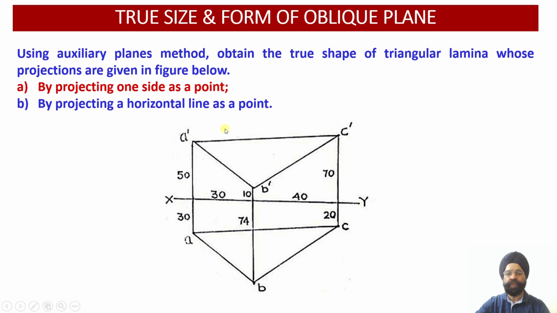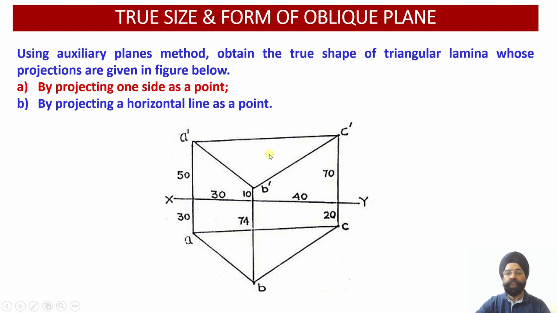what are these 2n edges? Because this triangular lamina has 3 edges, there are 3 edges projected in the front view and 3 edges projected in the top view. So the total number of projected edges in both the front view and top view amounts to 2n. Out of these 2n edges, we can pick up any one edge as per our choice.